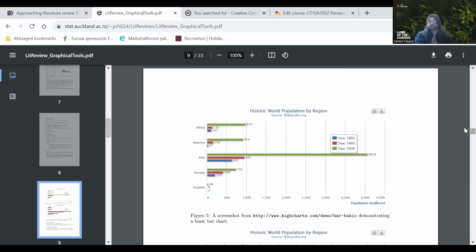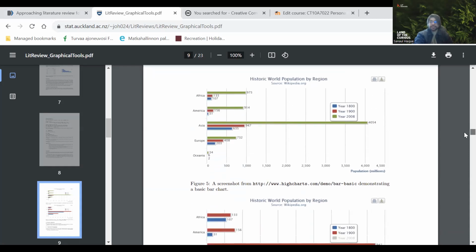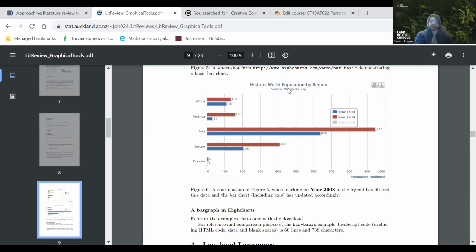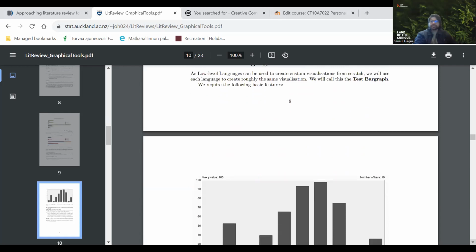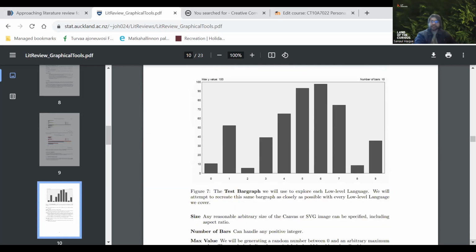So you can use some sort of bar chart like this: historic world population by region. You can also use this sort of bar chart if you would like to show some historical diagram, which you may find necessary to add to your paper. So, low-level language. You can of course add, excuse me, on the Google Sheet, you can come up with some graphs as well,